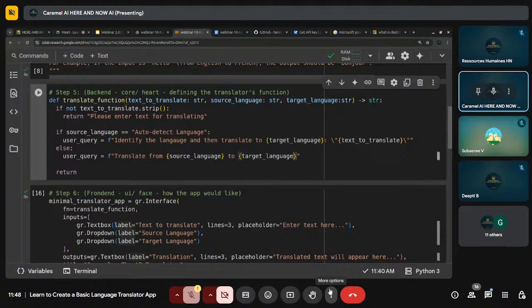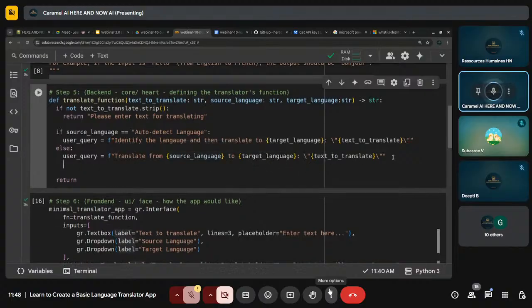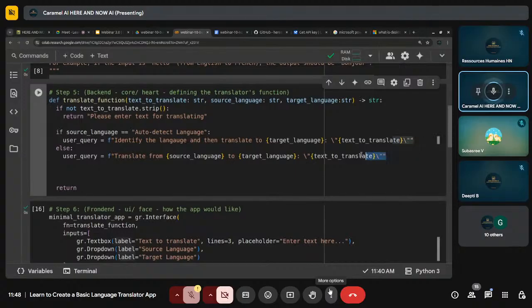But from where will you be doing this, what is the value? The value is always this portion. This text to translate is the value. From here we will be taking information. We take this text to translate, understand what the source language is, and translate it to the target language. Now this is the logic for our application. After the logic is done,